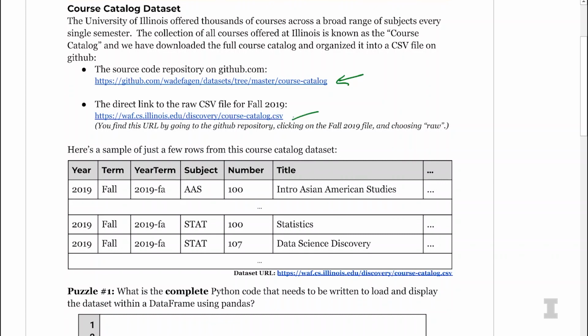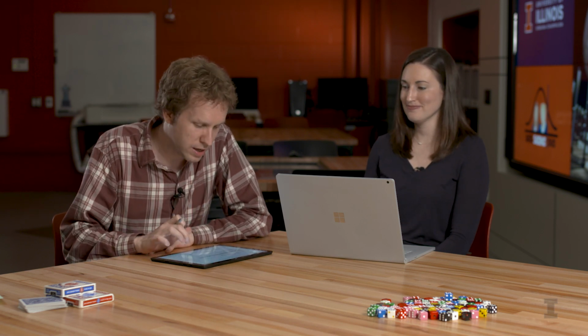And then the actual data is saved for this course, just the fall 2019 semester, in this URL on my faculty website. So for every single data set, you can always find out more information by going to the GitHub. And the GitHub is going to have this data in a CSV format. Its URL is going to be quite a bit longer, but it's the exact same data. So as you go out and explore data yourself, you're going to be able to find data in CSV format, just like what you're seeing right here.